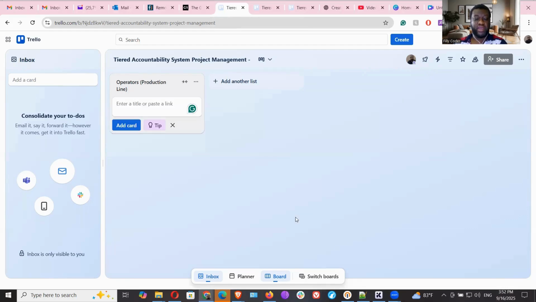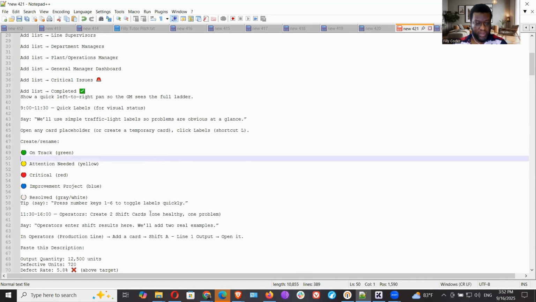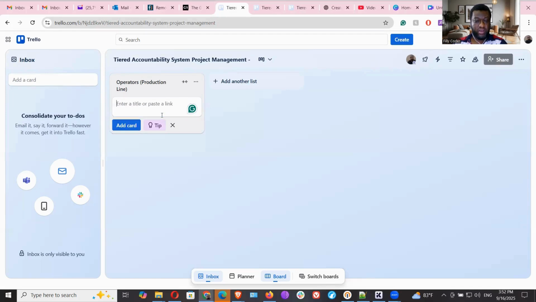You click add card here. And per the instructions, the first card that I want to add after creating my list. So we want two cards on this first list. One represents a healthy card. The other one is one that has a problem. And so the first card is going to be Shift A line one output. Okay, so I just copy the title from here, and then I go back here and paste it and click